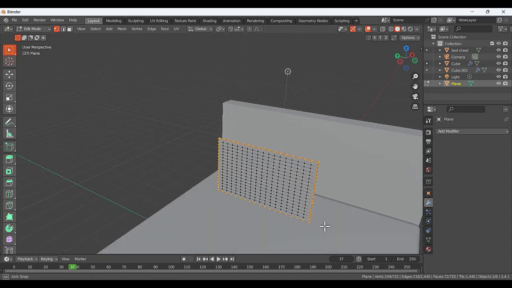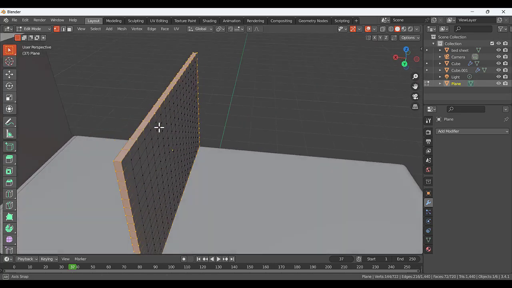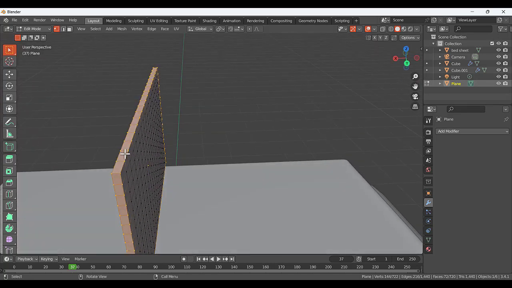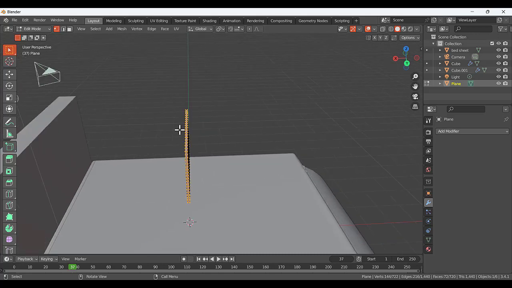Make sure you are in the vertex selection mode. So we selected every loop, every vertex or the edge,